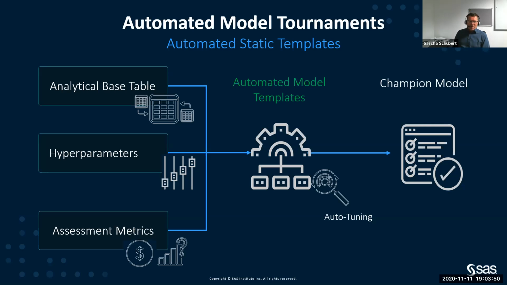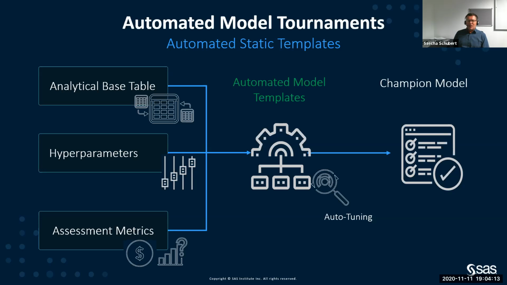And I can even throw in here something that's called auto tuning. So I can not only look at one specific model for one modeling algorithm. If we take a decision tree, for instance, I can not set my parameters statically, but I can use the auto tuning to automatically find the best parameter setting for that specific model and that specific data set that I provide to that model.